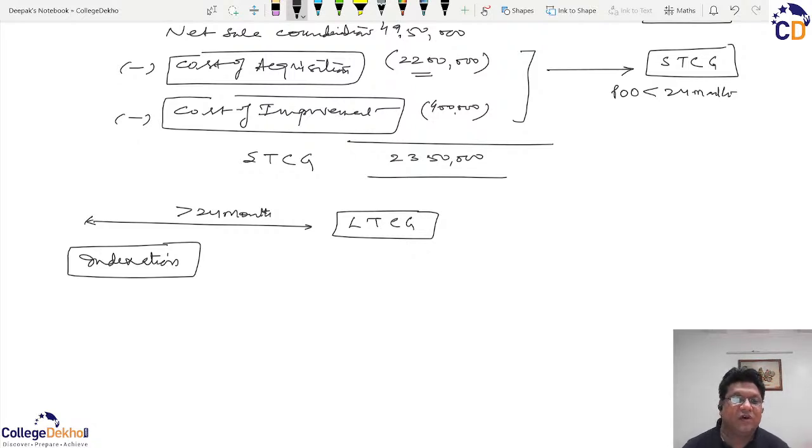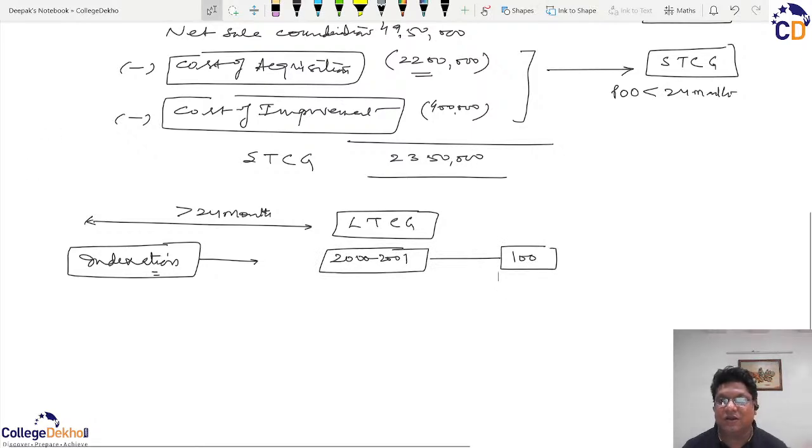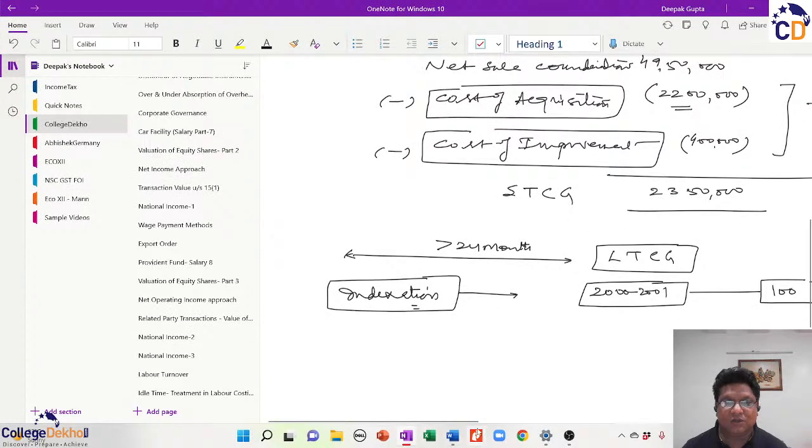But the word indexation is to be used thereafter now, because what the income tax act has done, that they have taken the base year as 2000-2001, and keeping this as base year, they have taken a base value of rupees 100, and each year, this I will show from certain figures, that